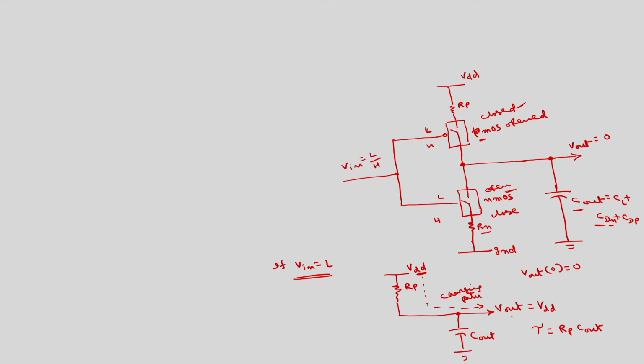So, the output was initially 0, now we have changed it to VDD. This output is pulled up. That is why this particular resistance is called pull up resistance. In general, the upper network here, above this output, is normally called the pull up network.